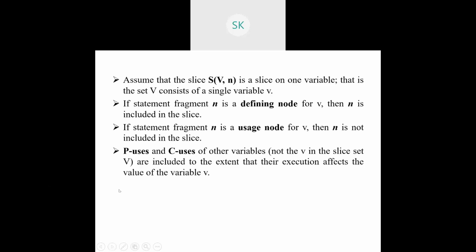The fourth statement is that P uses and C uses need to be taken care of. Whenever it is P uses, it should have some effect, because it may take any number of directions. Anyway, you can just move on with it. Whereas for C use, I told you an example: total logs is equal to total logs plus logs. Total logs is used over there, but it is changing the variable value itself. Some contribution is there, so you need to include such types of variable values.